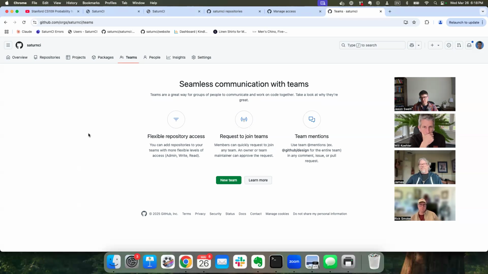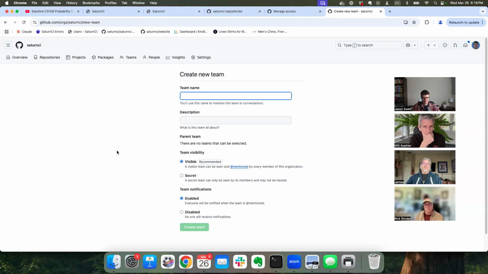And I assume that a team can either be associated with an organization or not. So, I don't know what scope teams are defined at. You'd probably have to consult the GitHub API, that would probably tell you,